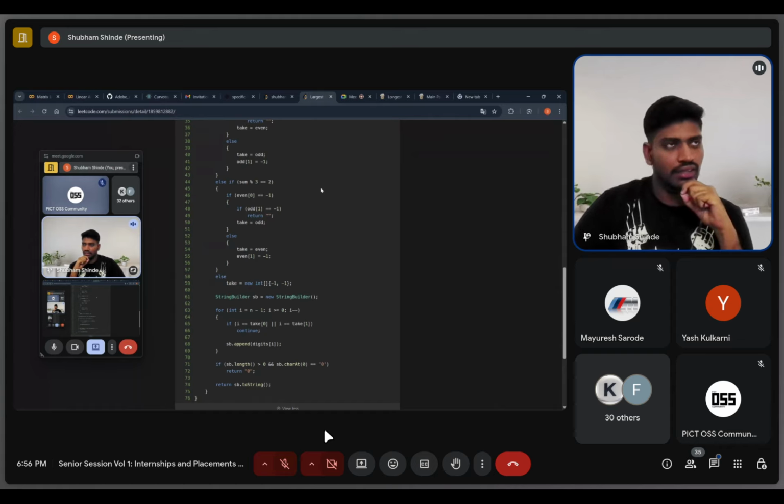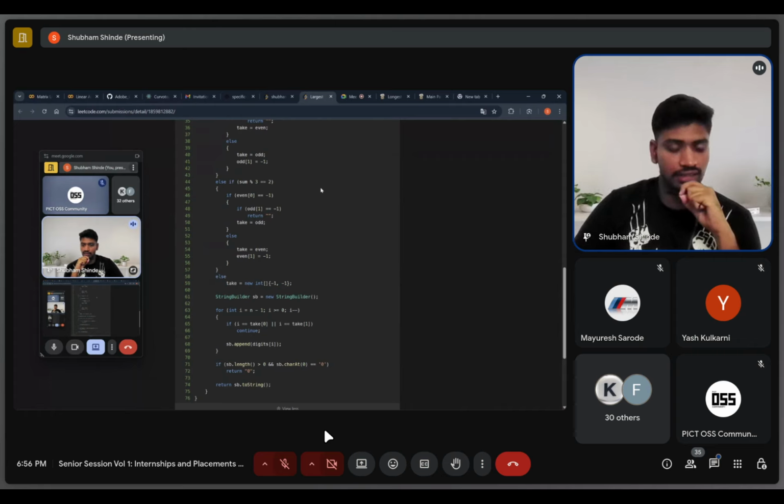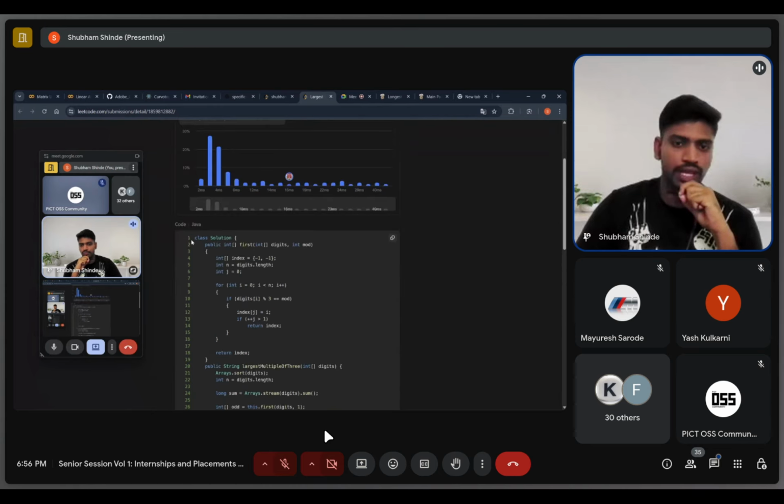But in MNC hackathons, you just need better logical problem solvers and thinkers who can solve the problem optimally. MNCs do not evaluate based on your UI and all. They just evaluate based on your algorithm only. So the major challenge is building a team. Team building is the first challenge.